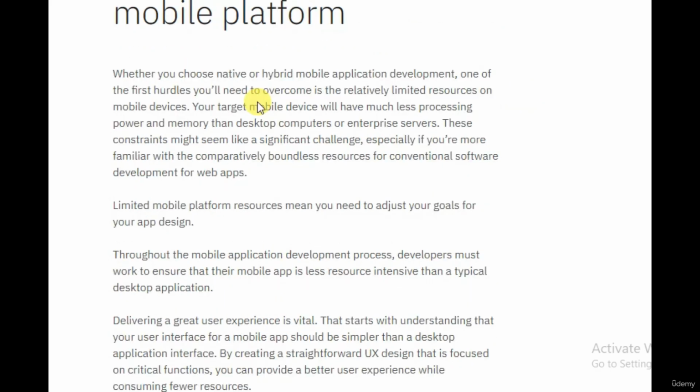Compared with resources for conventional software development for web apps, mobile platform resources are limited, so you need to adjust your goals for your app design. Join a developer